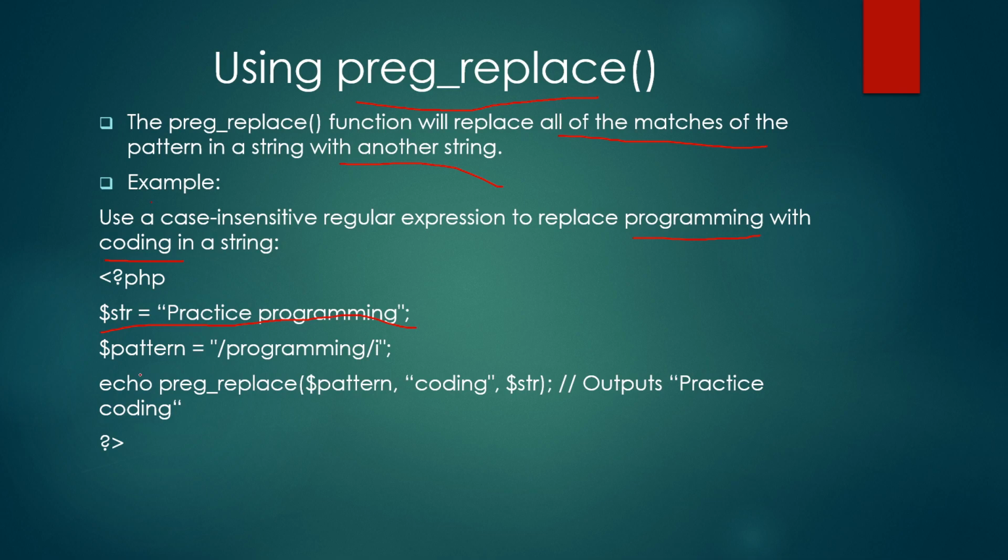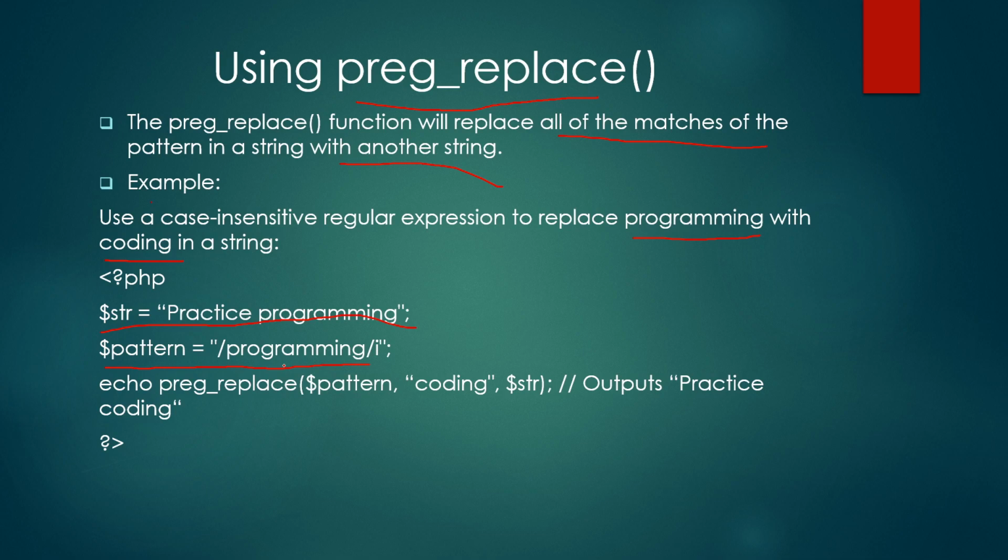So first I will make a regular expression, and I'll write the pattern as programming because I just want to replace this one. My regular expression should first know that we have to replace this one. So we have to give what word we want to replace. In this case I want to replace the word programming, so that's why I have given this pattern